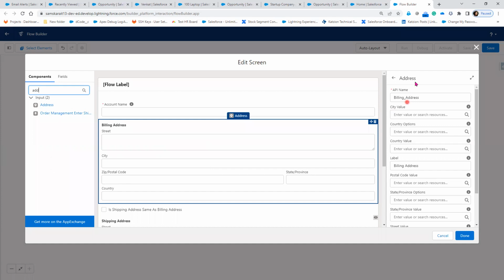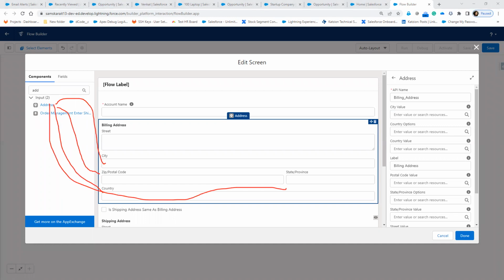Now, whatever fields I drag here, it is going to display the information. It is asking for the city value, country value, postal code, state, whatever it is. Address is one field, but behind this address field there are hidden fields available: city, postal code, country, and the state. Now, if I want to get these fields' information, I need to get the API name. That API name is billing address